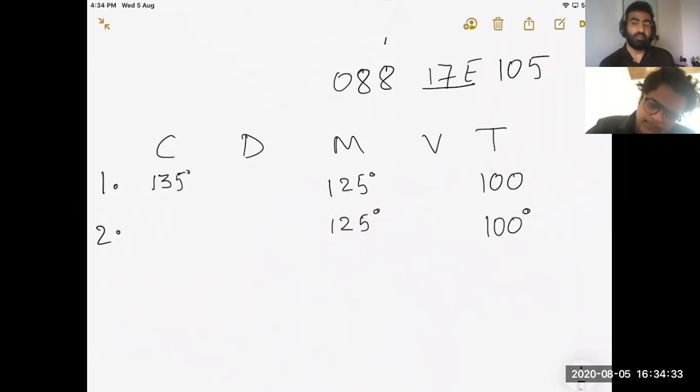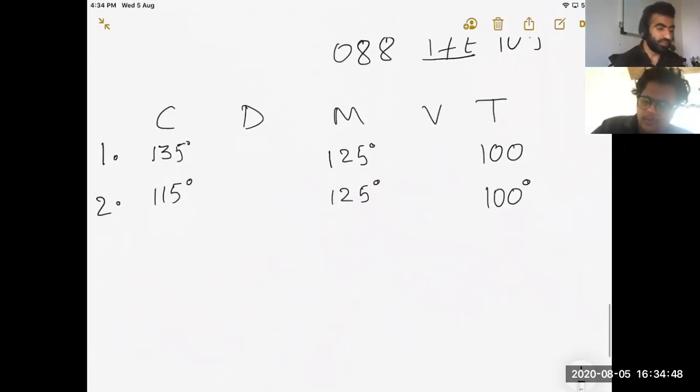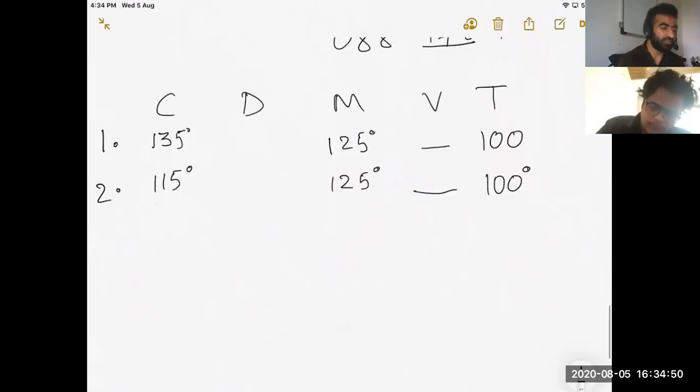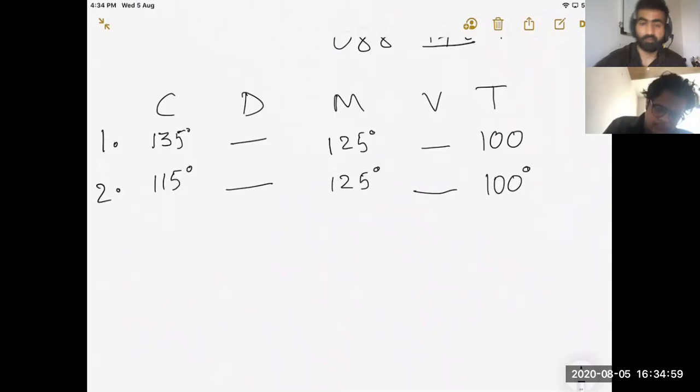And the direction of the aircraft indicated by the compass is 115 degrees. Now find out the variation in each case and the deviation in each case. Draw the diagram. I'll see the picture of the diagram as well as your answers.